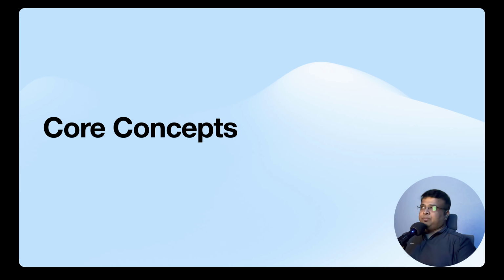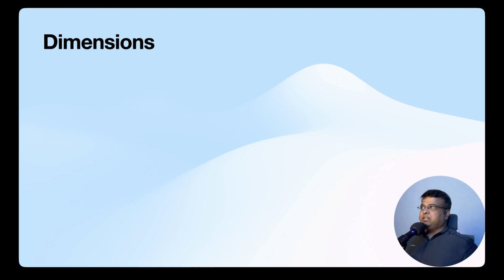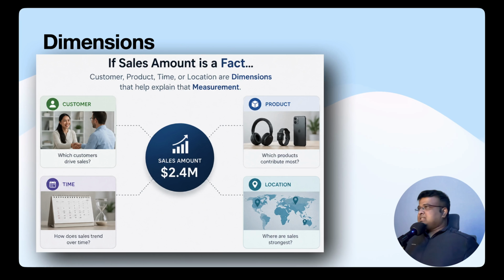But before we jump into the schemas themselves, let us quickly revisit a few core concepts because they're important for understanding the bigger picture. Now, when we use the word dimension in data warehousing, we are talking about something that gives context to our measurement, which we usually call facts. For example, if sales amount is a fact, then customer, product, time, or location could all be dimensions that help